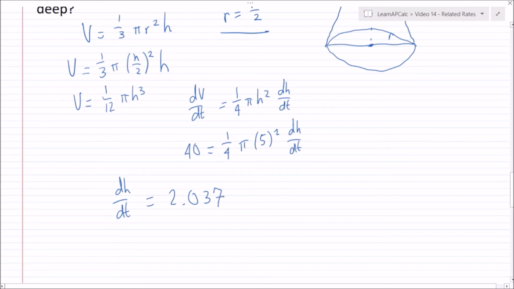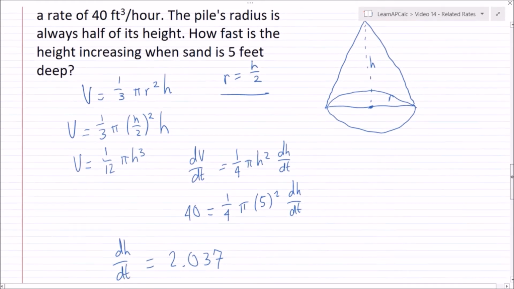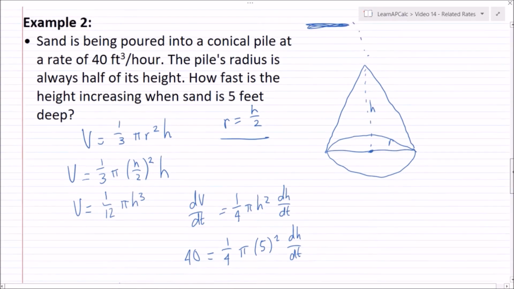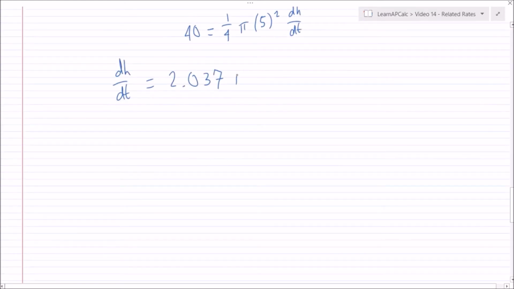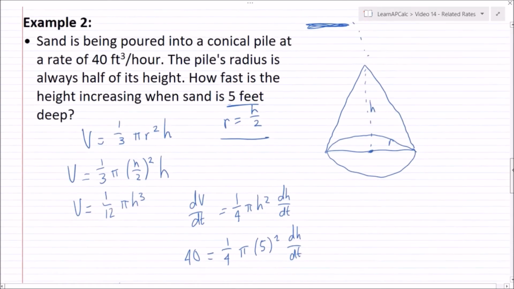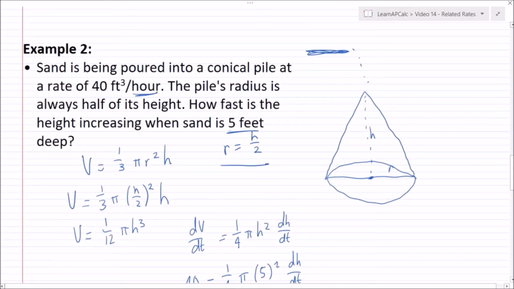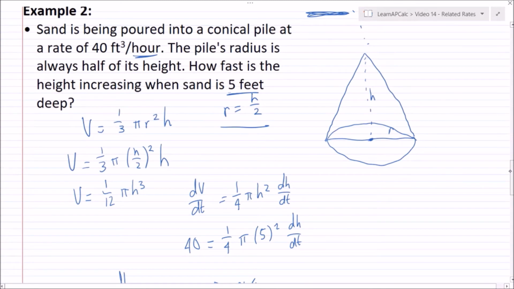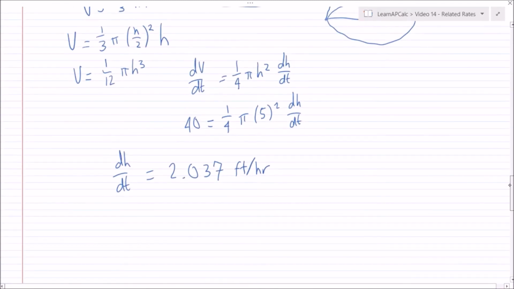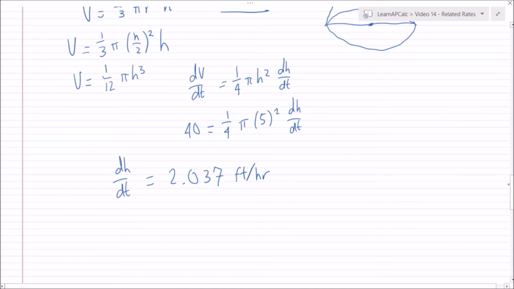2.037. And now I want to think about, well, what are my units? So height is given by feet, because again, sand is 5 feet deep. So I know this is feet per some unit of time. And since this is given per hour, the same is going to be given by my dh/dt. So the answer is that when the sand is 5 feet deep, the height is increasing at a rate of